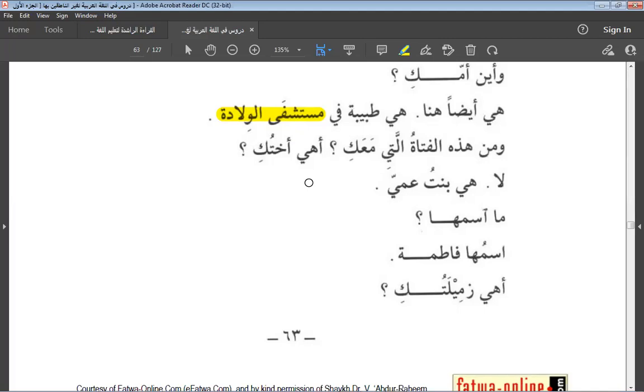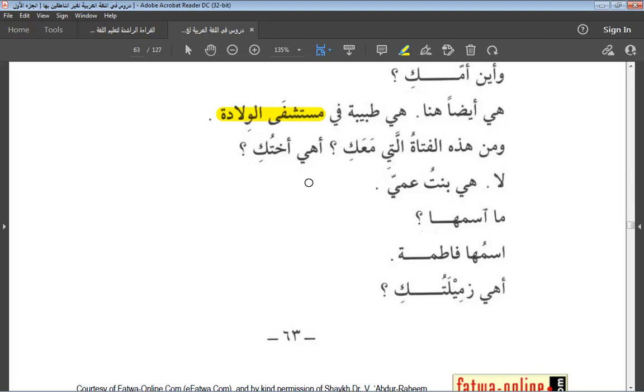So we need to translate to know the meanings, but when it is the name of a hospital, like Mustashfa al-Wilada, even when you find it in a text, you don't translate that, you write it in transliteration. Mustashfa al-Wilada, or Al-Wilada Hospital. Though Al-Wilada means childbirth, when you are translating, and that is the name of the hospital, you need to keep it like that. Okay.